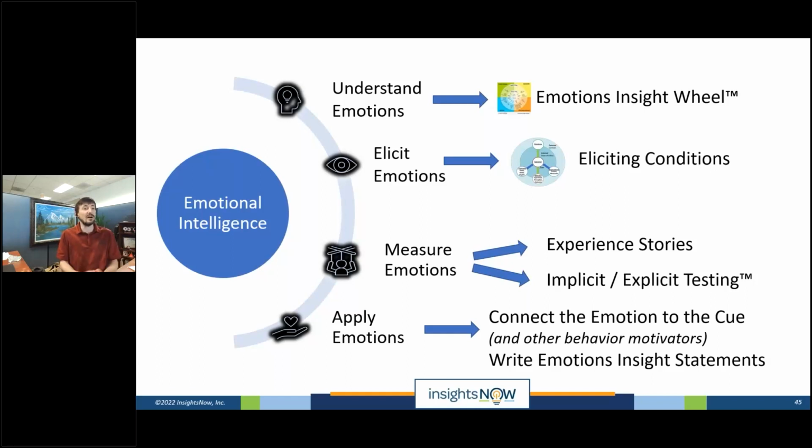So go there. If you don't have innovation work, go to Amazon's website and read a really nice long review of a product. Pick your favorite personal product. Go read a bunch of reviews on that and see if you can identify what emotion that person is talking about. What is it being cued by? Are they talking about the experience or product quality, right? So find those elements, practice a little bit.